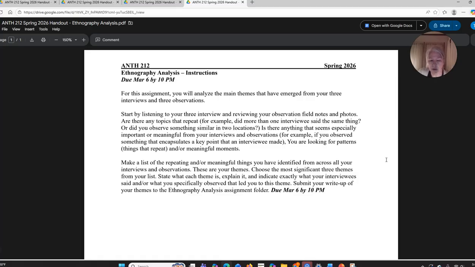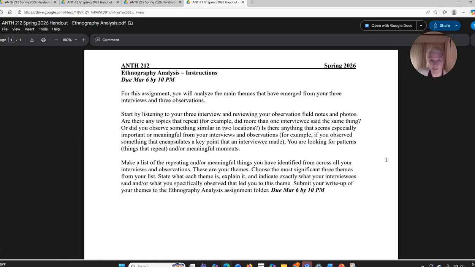And then I do want you to show me in this little write-up what exactly the evidence is for that theme from your interviewees or your interviews and/or observations. One of the most important things about doing this kind of ethnography is you're going to talk about those broad trends, those themes, those issues that emerge, and you're also going to always connect it to the very specific things that you learned in your field research, right?